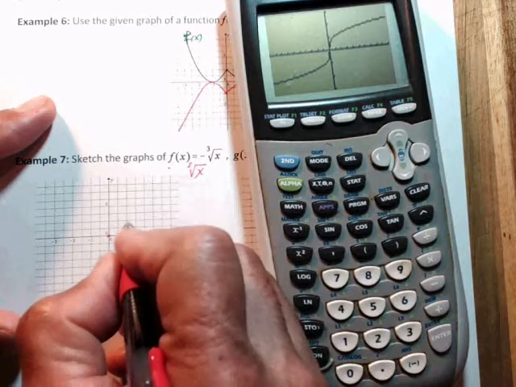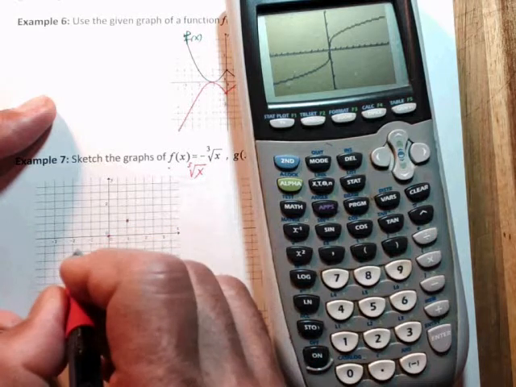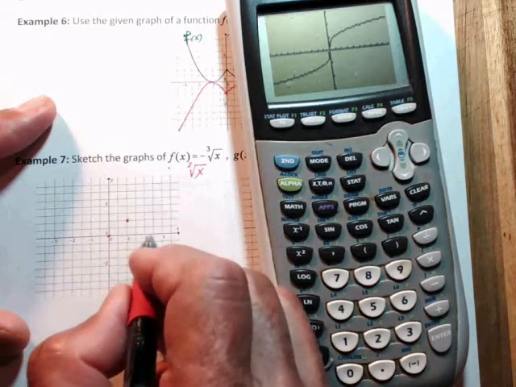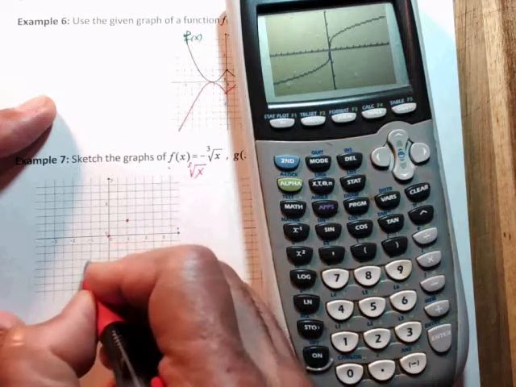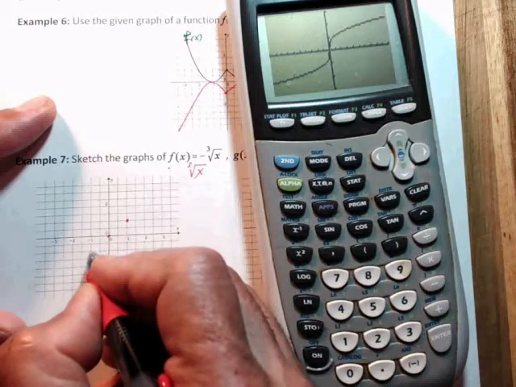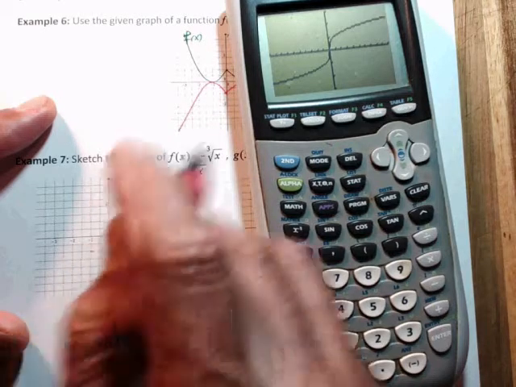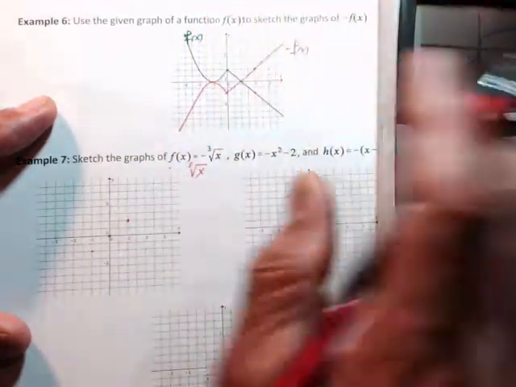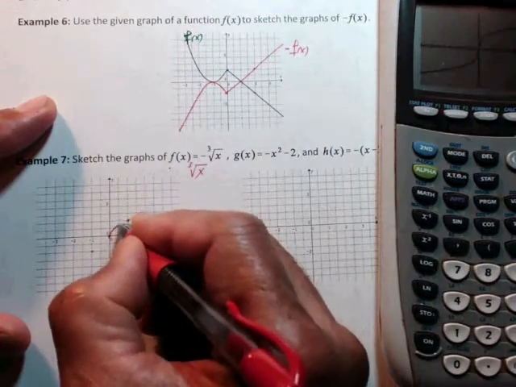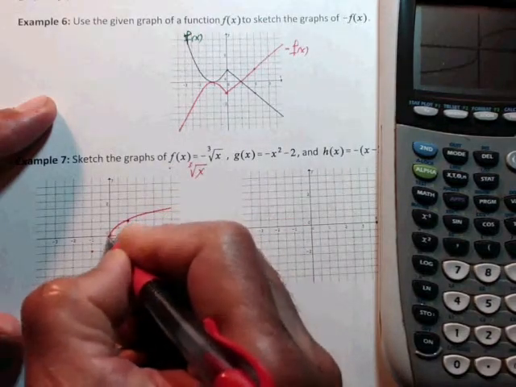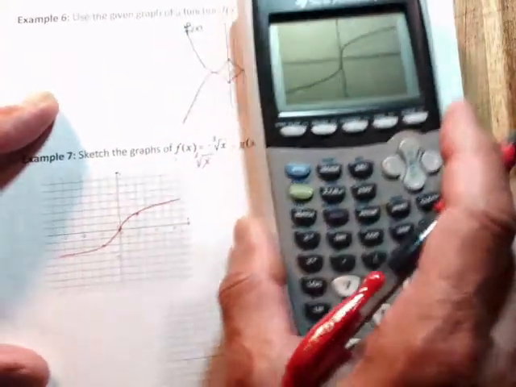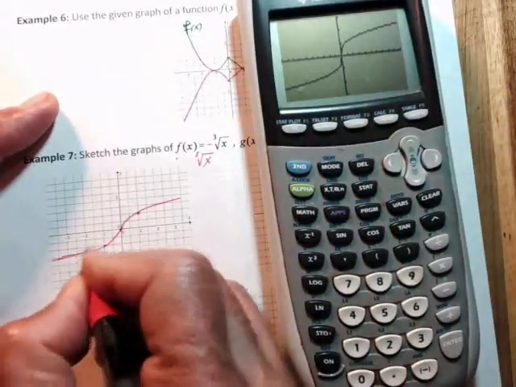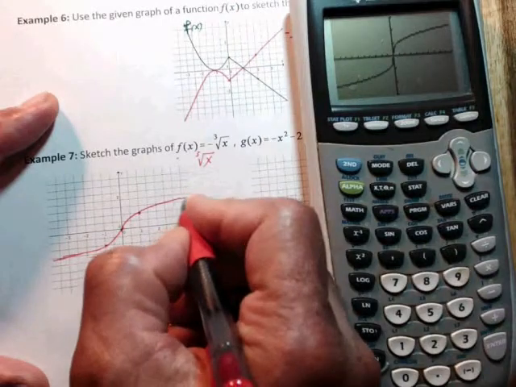Goes through point 1, 1. Goes through point negative 1, negative 1, so it looks like this function. I kind of did an okay job. Okay, so this is your parent function,